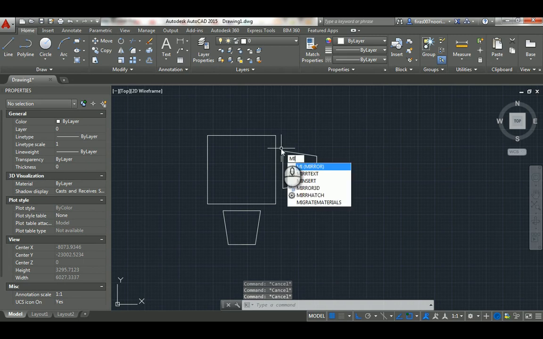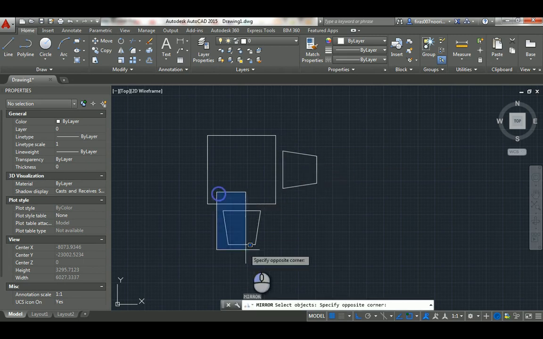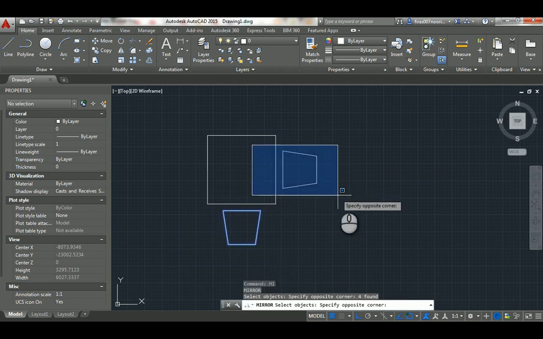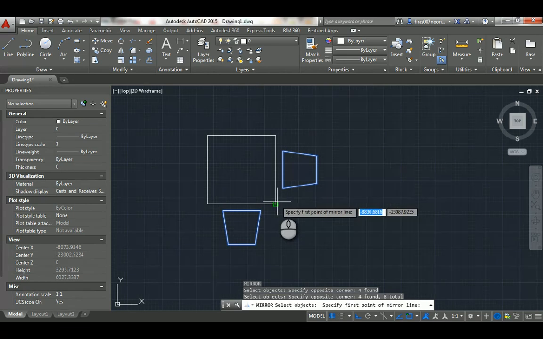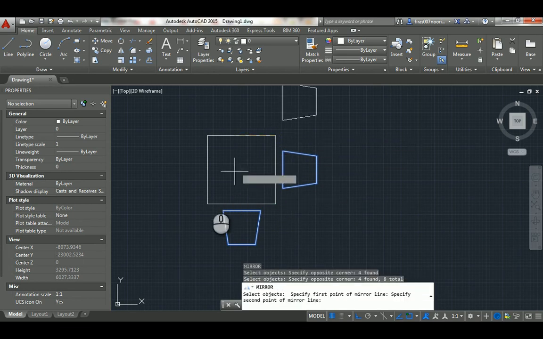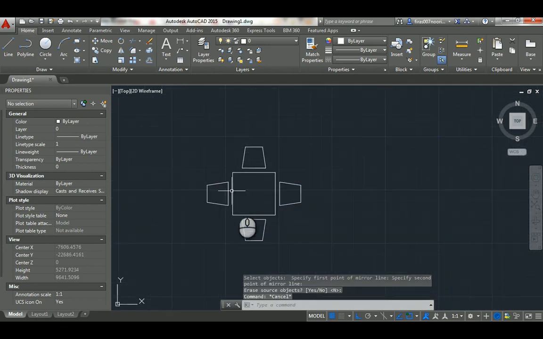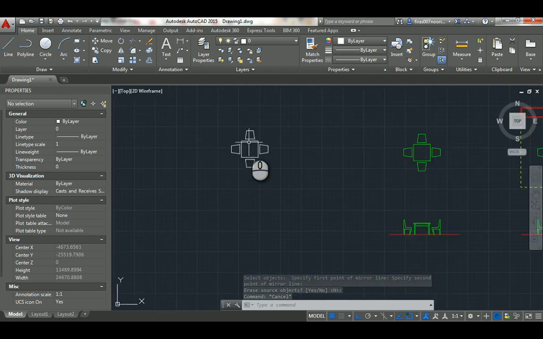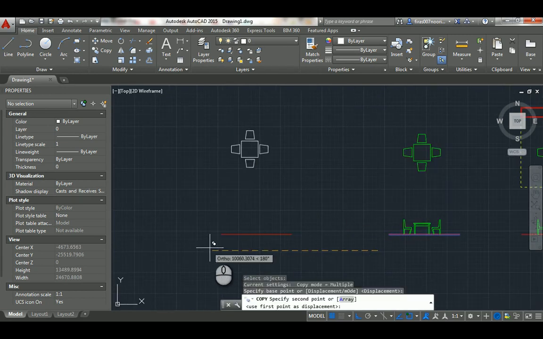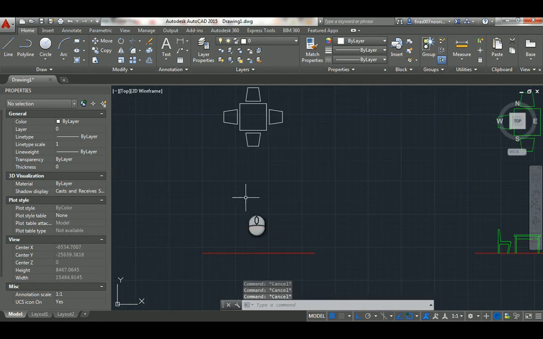Now I'm going to mirror, MI, select those two together, space, then just pick up the mirror line, this one, and this line, and hit space, and now you get the table nice and clear. You just take a ground, just draw a line. Now take those lines from the table itself,